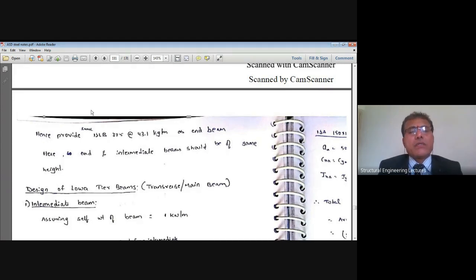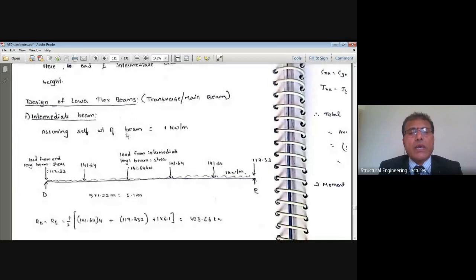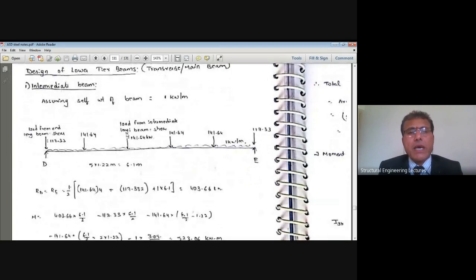I'll use the same section right now. Once I do the analysis and design of top tier beams, now I'll move to the design and analysis of low tier beams. I hope students are understanding the analysis and designs. Right? We are there in the designs of plated steel tanks for which we are now designing the girders on which they are resting. We have seen top tier girders. Now we are seeing bottom or low tier girders, right?